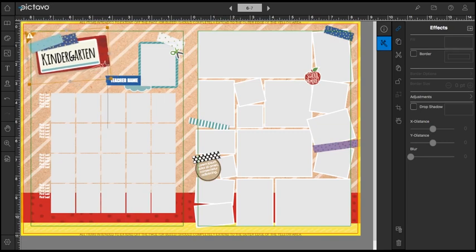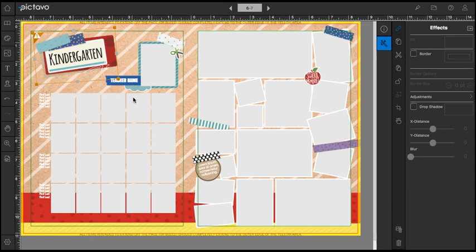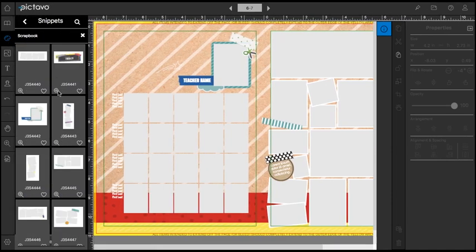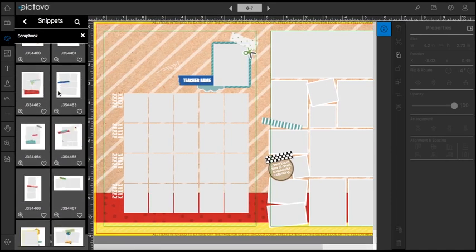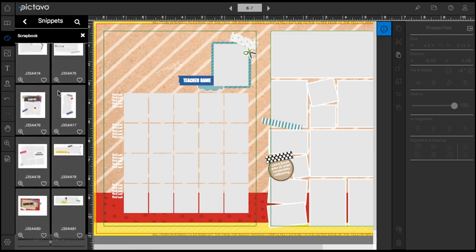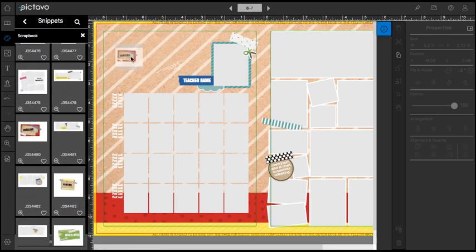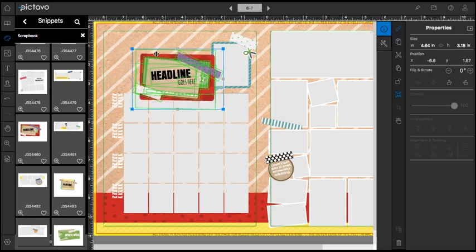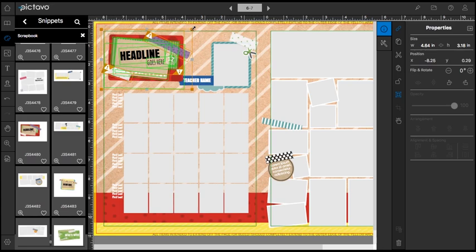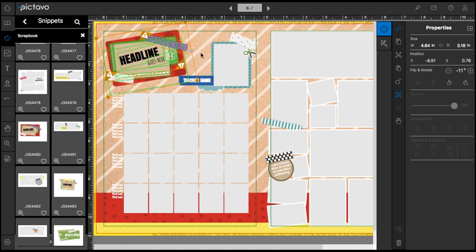This kindergarten headline up here is actually not a snippet. It's just an accent that already has the kindergarten grade label on it. If you like this template, but it is not for a kindergarten class, we can delete that. Again, head back to snippets, and we can just find another headline snippet. There's one. Drag it on. Reposition it. Maybe tilt it a little bit. There you go. And this teacher snippet up here,